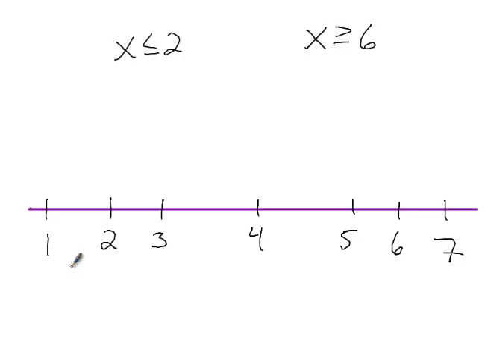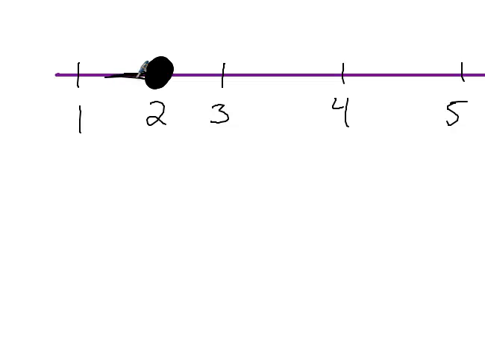Okay, x less than or equal to 2. Open circle or closed circle? Right, closed circle. What about at 6? Open circle or closed circle? Closed circle. Again, how do we know? Because of the equal bar. Okay, now where is x less than 2? To the left or to the right? To the left. So we shade to the left, and then when you hit the end of the number line,